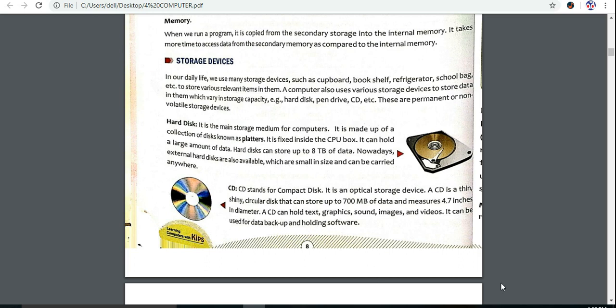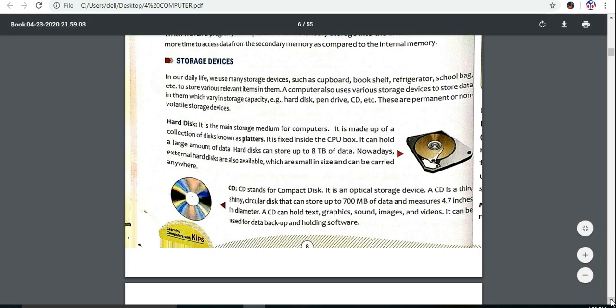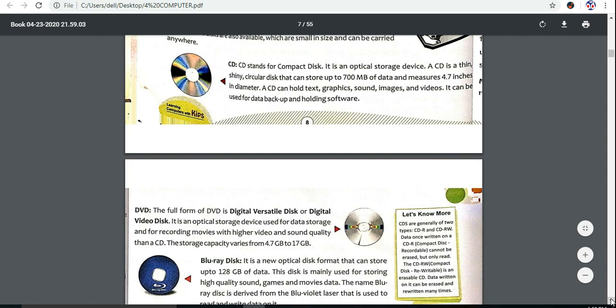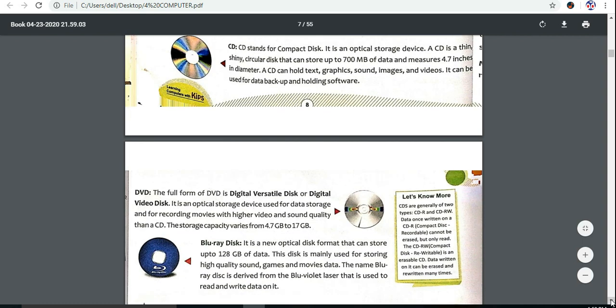Next, the storage device is the DVD. CD and DVD both look the same. They have the same appearance. They are both circular and shiny, but what is the variation?